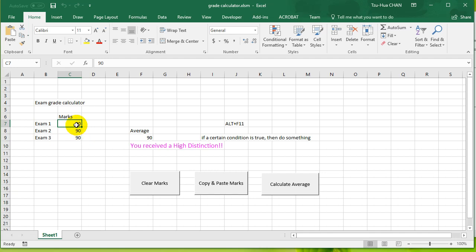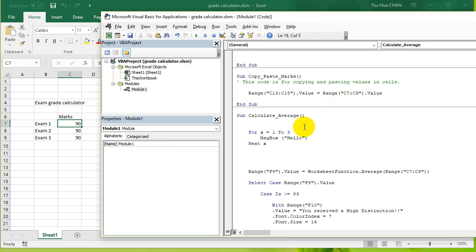So if it's bigger than 80, give it an A. If it's bigger than 60, give it a B, something like that. So what I'm going to do is use a for statement. Other than a for statement, I also need to introduce you guys to another concept called cells. So what cells does